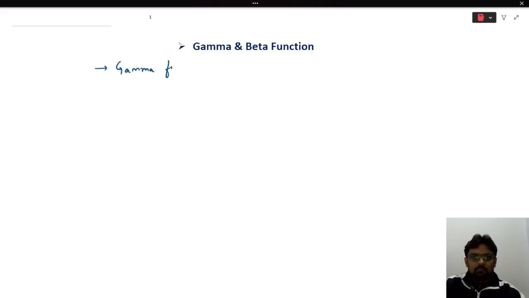Gamma function. So gamma function we define as follows. We define